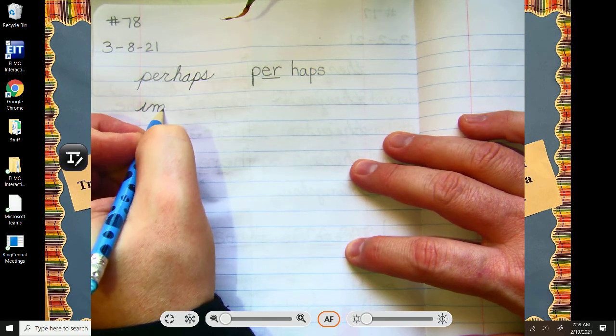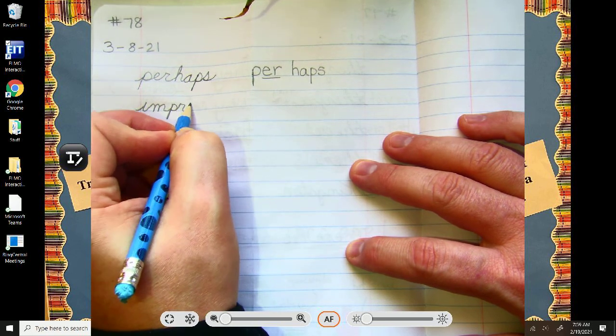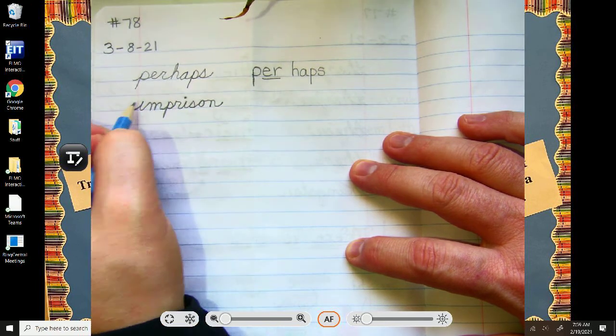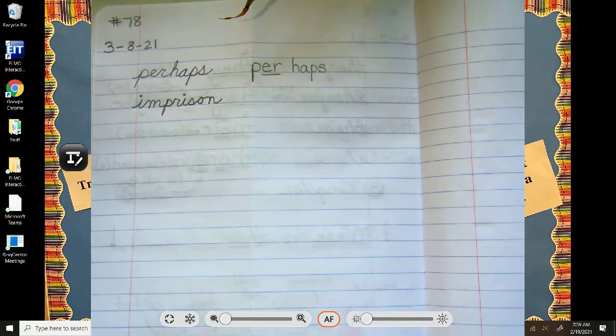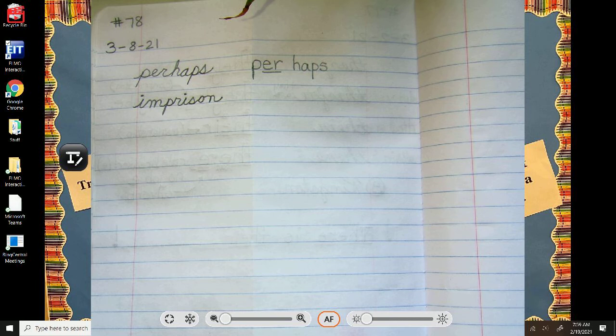Our next word, imprison. Make sure you get 3 camel humps on that m. Imprison. Not in-prison. Imprison. When studying the rights of Englishmen, we found out the British government cannot imprison you indefinitely. They cannot just arrest you and leave you there. Imprison. Go ahead, scholars, pause for a moment. Try analyzing imprison.